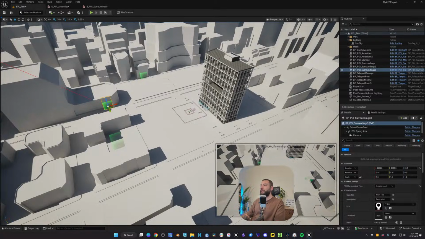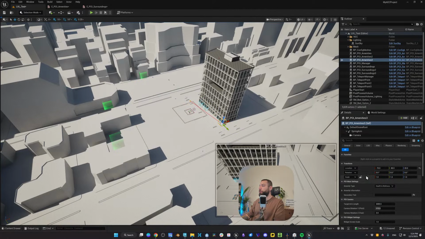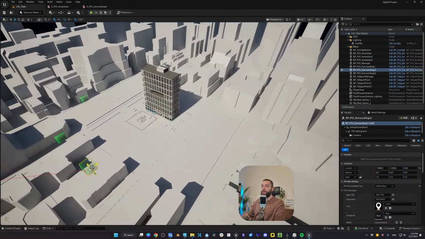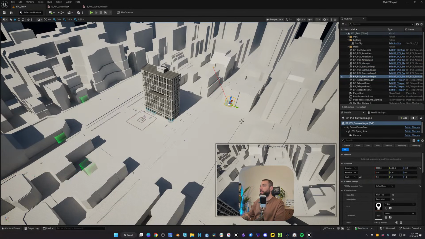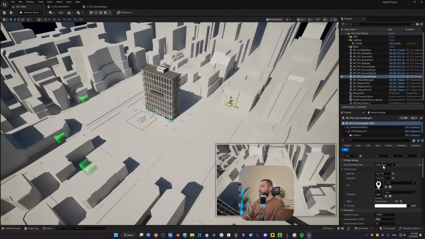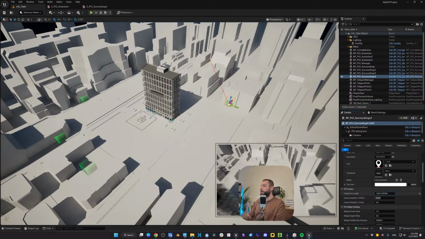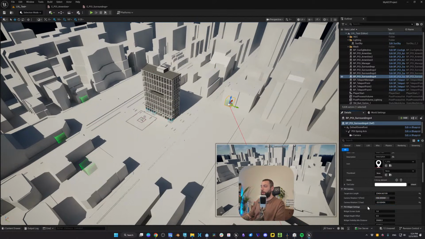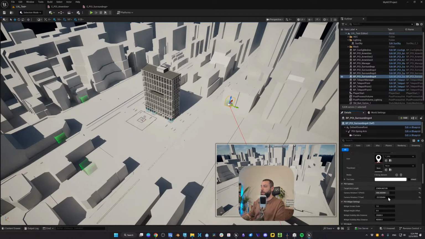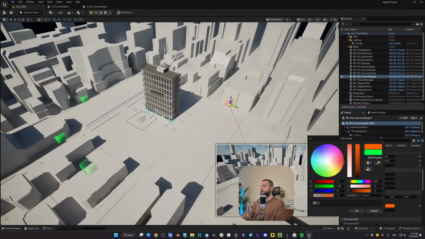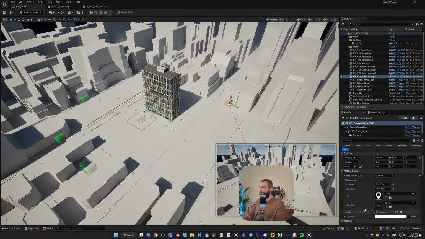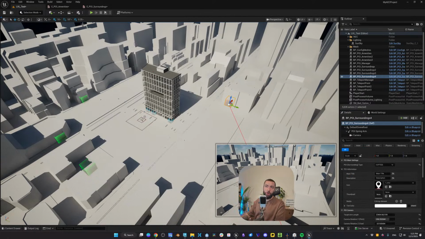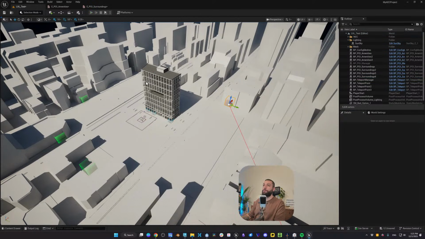So now I'm going to select one of these amenities. I'm going to click on duplicate and I will select hello, the one we just made. And now let's select this as well and let's click and drag and set its category to coffee with the capital letters. And while we're here, let's change the orientation of the camera and all the other settings. So you have many settings you can edit: the color, the POI scale, the camera distance, the information, and so on. So let's click on play.